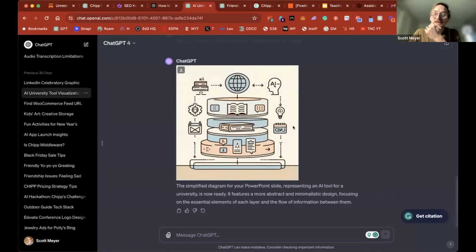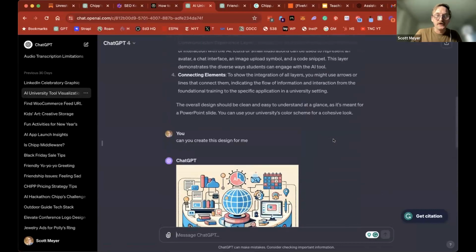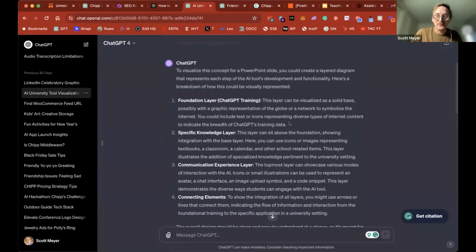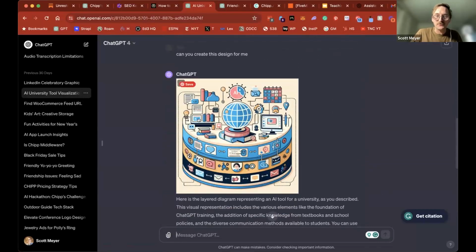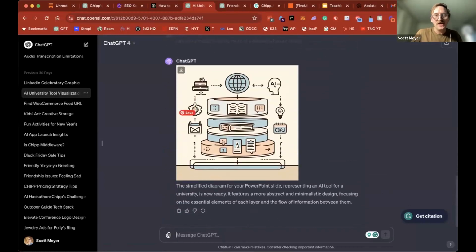Not only is it limited to data, but now there's images built in, right? So you could ask it to create images. Here's me asking, here's an outline of a PowerPoint slide that I'm trying to create. And then I said, can you create this for me? It creates this. I didn't like it, so I asked it to create it more like a diagram. It creates another version. And I can just click these and now download these images. So this is built on DALL-E 3, really fast way to create images right within ChatGPT. And if you think about it, you can use this for data visualization, like graphs or images, right? So the data visualization will actually be based on your own data. It's a really great way to quickly present to people.